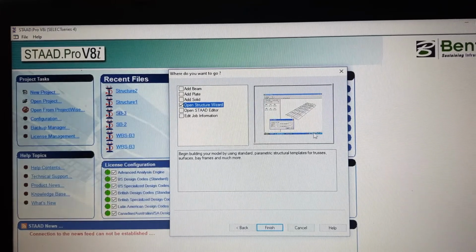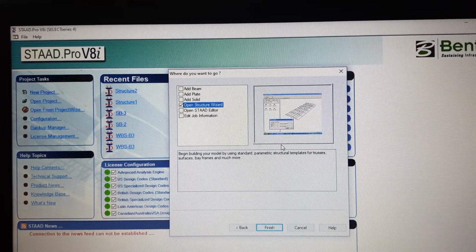You have to specify the length units for them and automatically the geometry will get generated. So this is a STAAD functionality which helps you easily generate geometry for regular structures. Normally we don't go there because our normal structures don't follow the usual geometry. If you don't have a usual geometry, you cannot get much help from this open structure wizard.